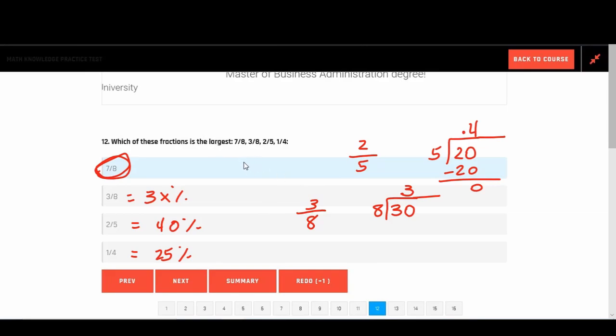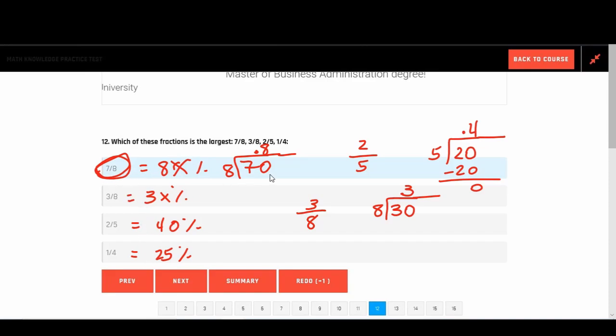Let's go ahead and do 7 divided by 8 for 7/8. 8 doesn't go into 7, so I have to add a 0. By adding that 0, I have to add a decimal. 8 goes into 78 times, so I know this is 80 something percent, which, as we can see, is the